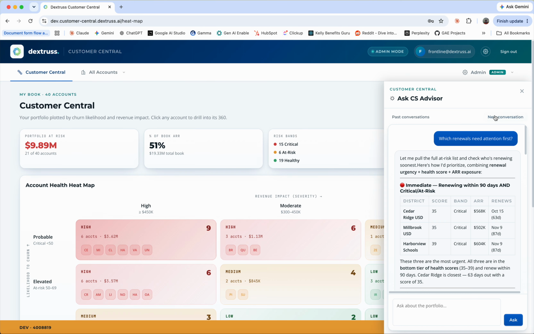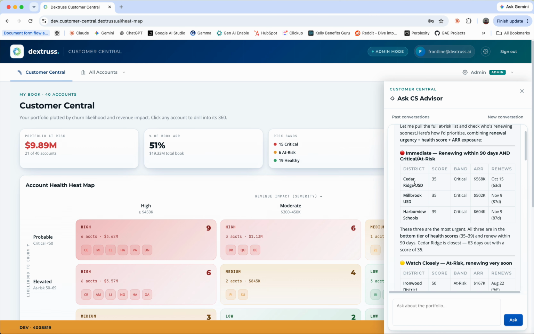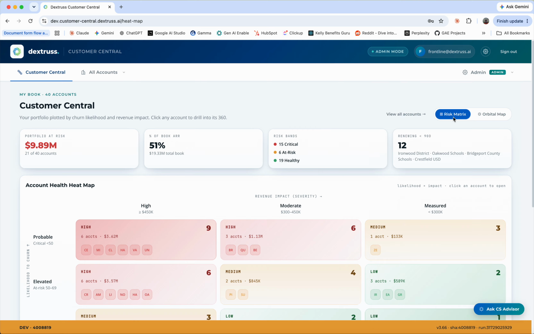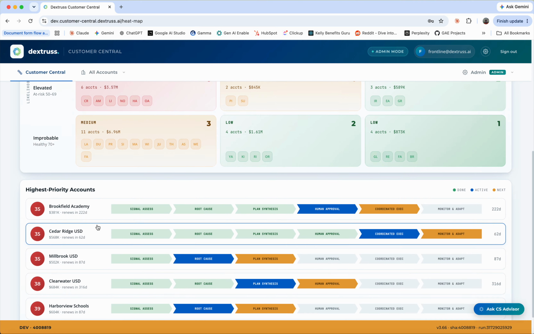Additionally, I can go into this Ask CS Advisor and just ask questions of this. Instead of having to click around, I can just say which renewals need attention first, and it's going to pull up the different accounts that are in there, and it noted Cedar Ridge as being one of the more critical accounts to look at. So then for that, I would actually go in here, which it already is listed as